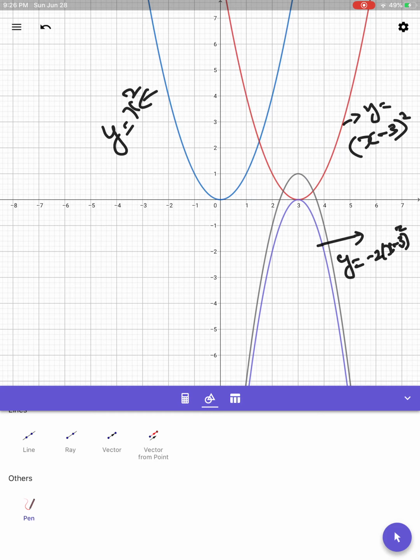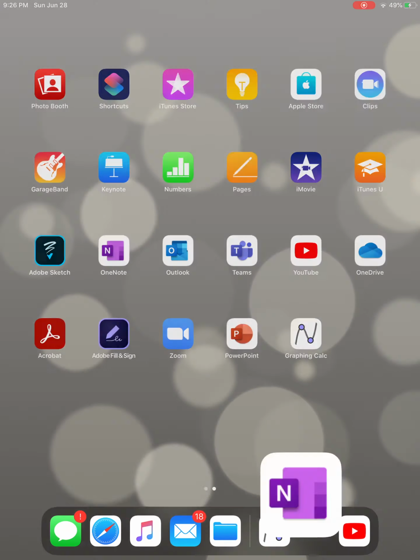And finally we shift upward 1 unit to get the graph f of x, that is in the gray, combining all the effects: y is equal to 1 minus 2 times (x minus 3) the whole square. So this is combining shifting, stretching and reflecting. This is an example. So now we will move on to horizontal stretching and shrinking.